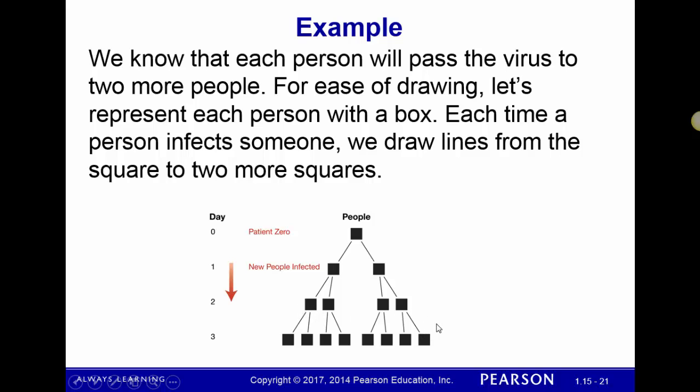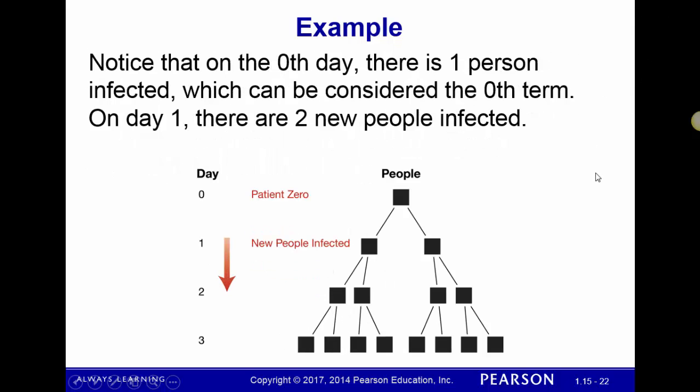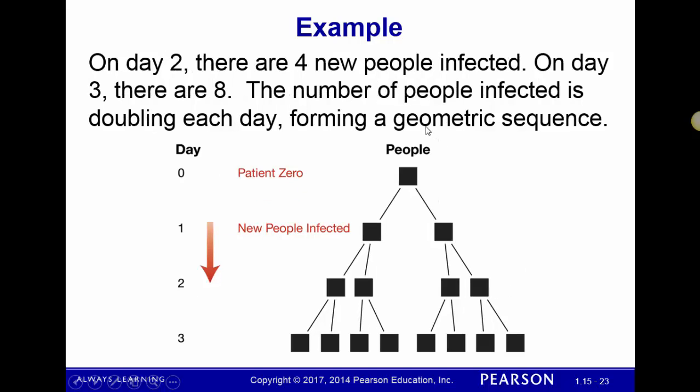And so we see here that we have a rate of change that's different from what we saw before. We're not adding 1 person each day. We're actually doing a multiplicative change. We're doubling each day. This is actually called a geometric sequence, but we can also write this